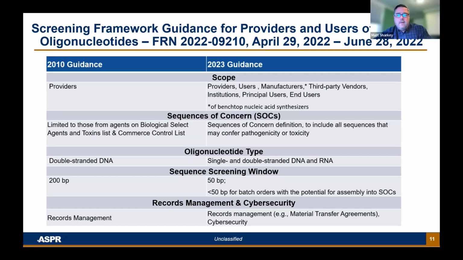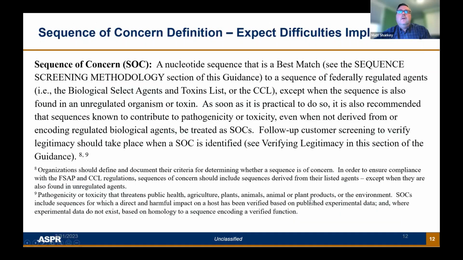And we also suggest a screening window that's very small for batch orders, if those orders can be ligated and would have the appropriate overlaps for construction of larger sequences that are 50 base pairs or longer. So we also assume that that may be a little bit difficult for providers to implement. There are some record management and cybersecurity suggestions in the guidance as well that weren't present in the 2010 guidance. So I want to talk about some expected